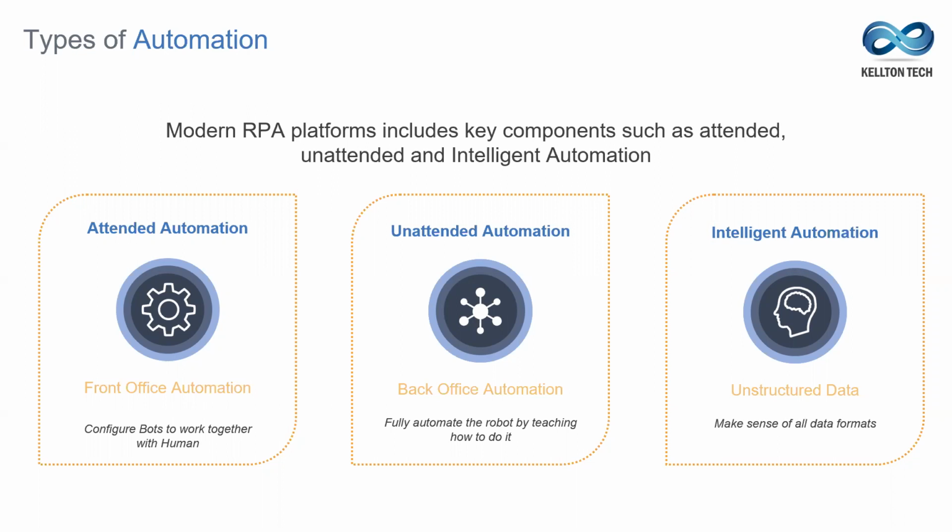Unattended automation is used when a process is repetitive and rule-based in nature and can be performed automatically without any human intervention. The typical use cases are back office and server-based automation scenarios. For example, a bot deployed on a server triggers on a specific schedule, collects data from different sources, and shares the information with stakeholders on a recurring basis via different channels. To be more specific, if we deploy an unattended bot on a server to fetch new leads from a Salesforce application at timed intervals, reports can be sent to respective stakeholders with no human intervention.